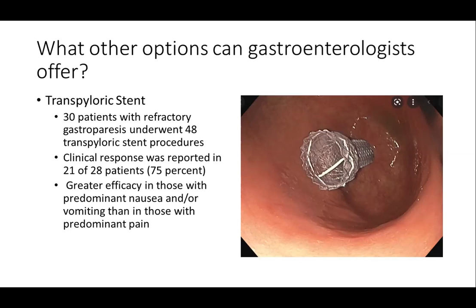Some of the other fun stuff, I know you guys probably all love gastroenterology, and I don't have to tell you how cool it is, but we do get to do stuff in GI. And some of the stuff that you can do gets crazier and crazier, like every month. So you can do a transpyloric stent. What's pictured here, you can see, this is the antrum of the stomach. This is that pyloric channel the stent is going through. And this can kind of open this up.